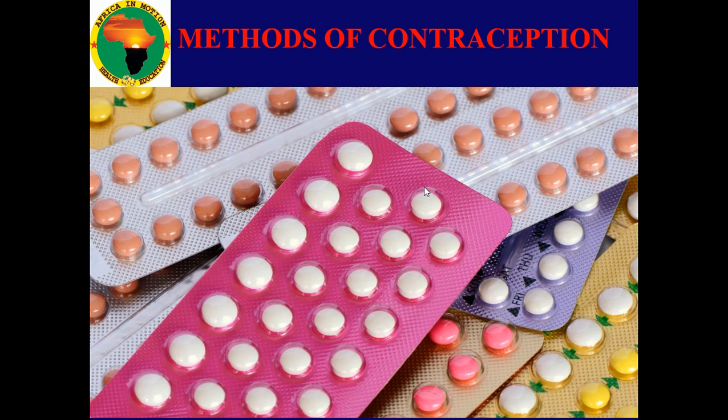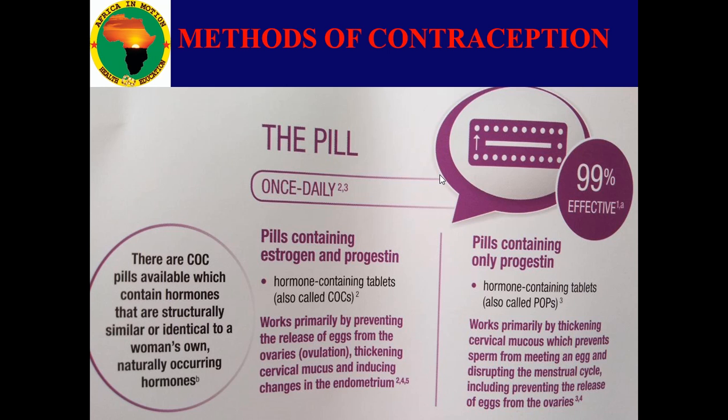Tablets are very good as well, but they need to be given on good indications, and the person using them should be taking them on a regular basis. And the effect is about preventing the release of the ovum from what? From the ovary. They also thicken the mucus within the cervix. They also cause changes on the endometrium, the inner membrane in the uterus, so that implantation cannot even